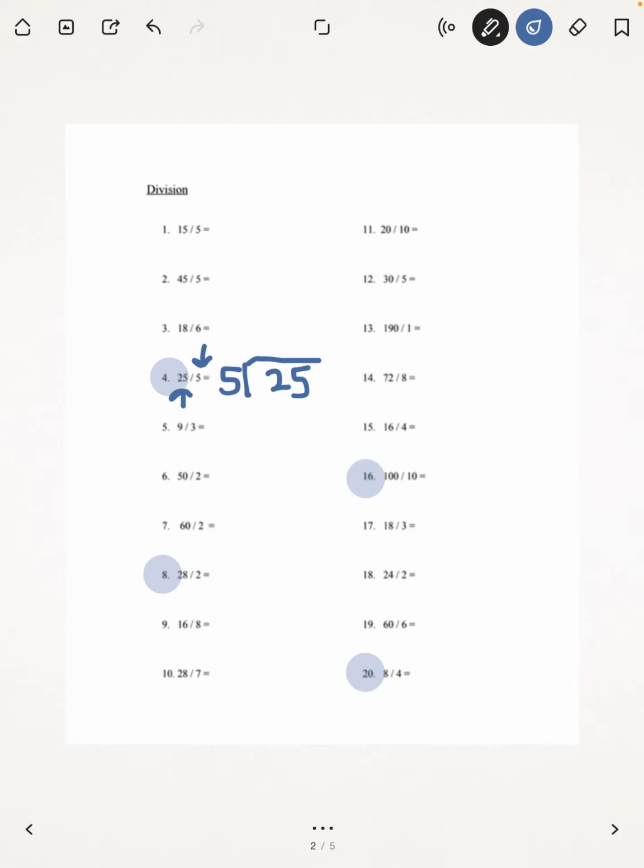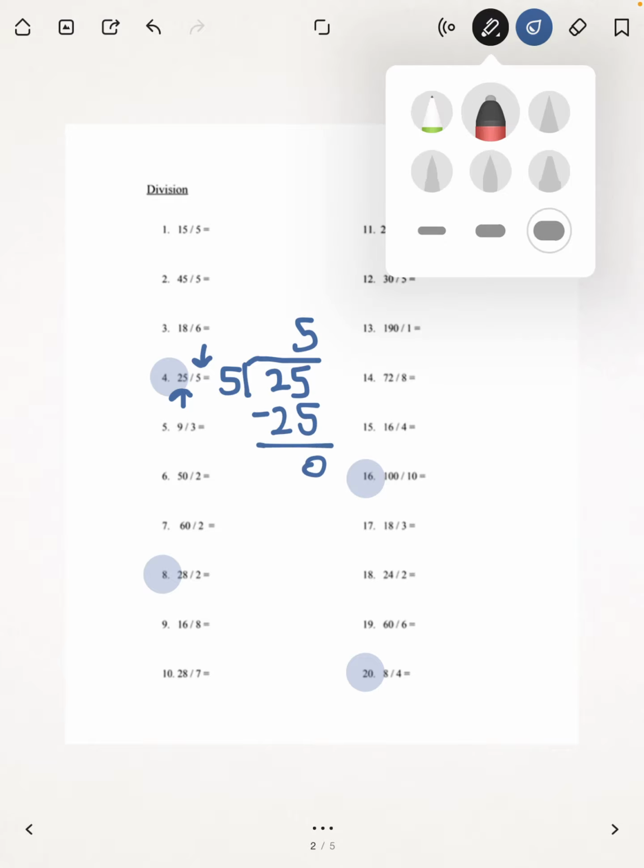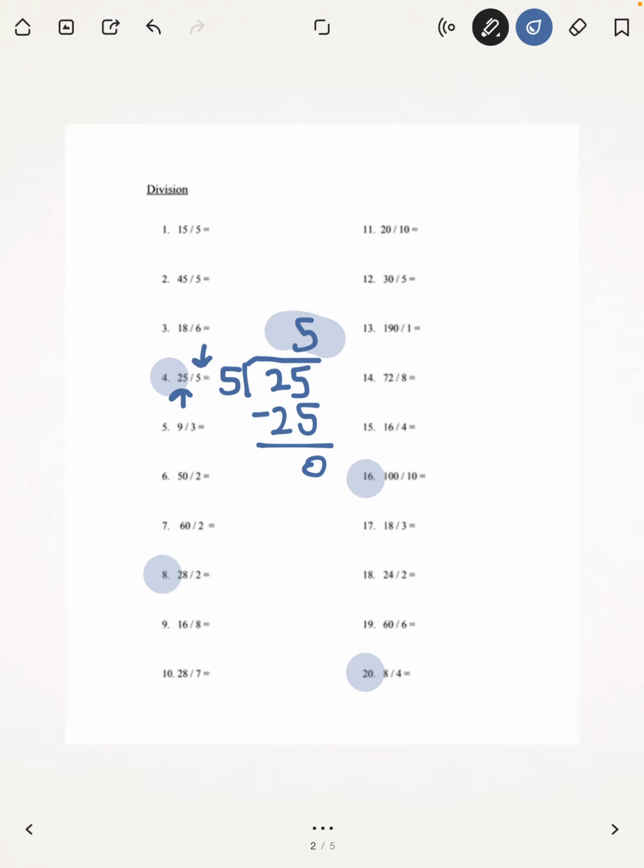Remember that the first number goes on the inside, so the 25 goes on the inside, and the second number goes on the outside. 5 does not go into 2, so we move on to the whole next number together. So how many times does 5 go into 25? And 5 goes into 25 5 times, because 5 times 5 is 25, and we subtract 25,